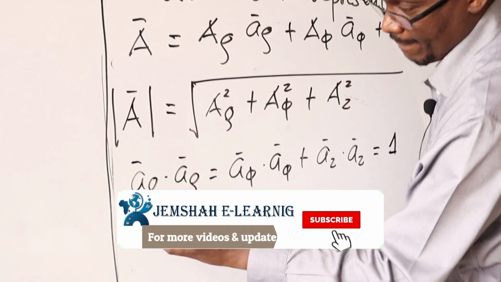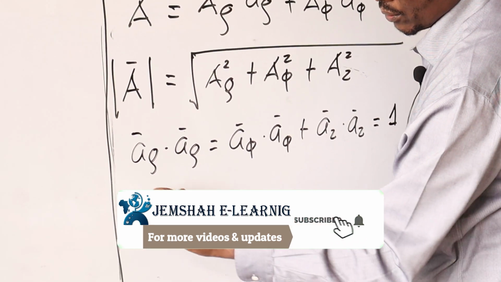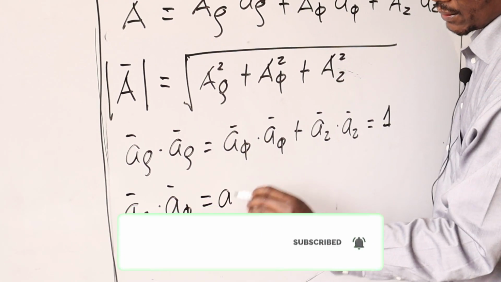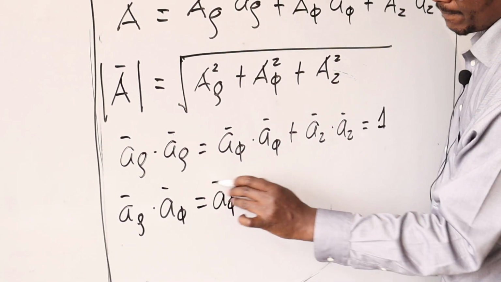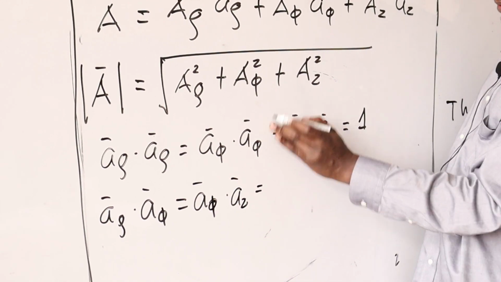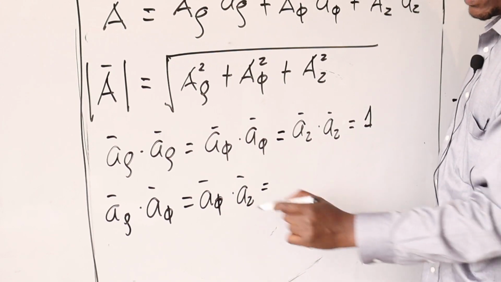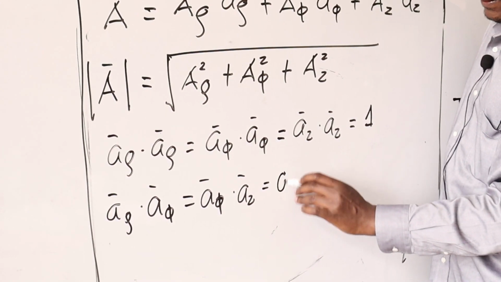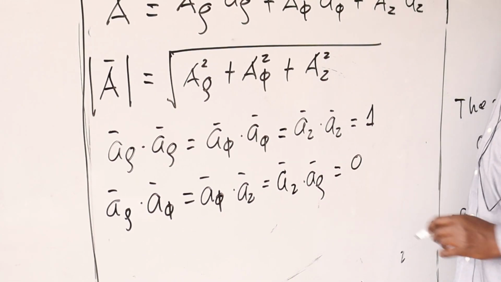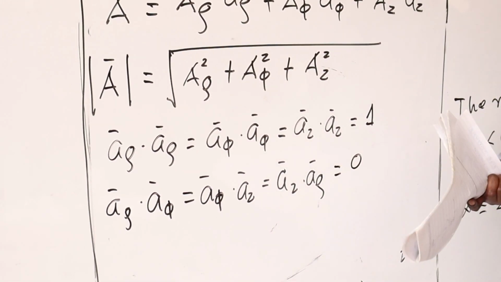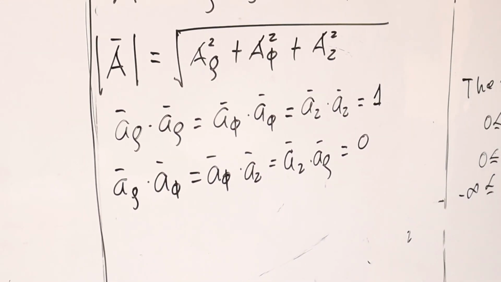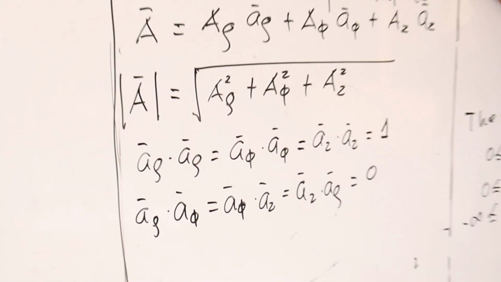And a rho dot a phi is the same as a phi dot a z, which is the same as a z dot a rho, and that is 0. And if we do our cross, we are saying that our cross product rule to be followed